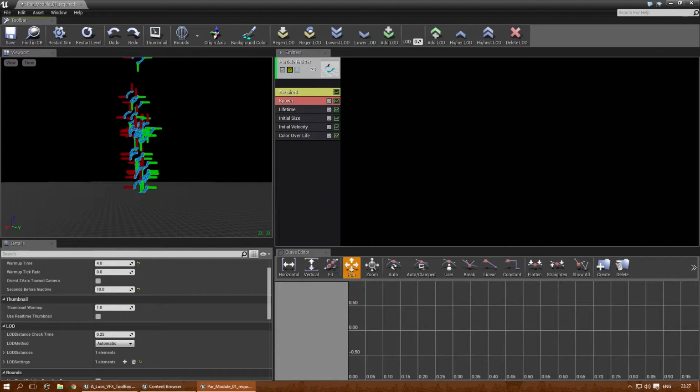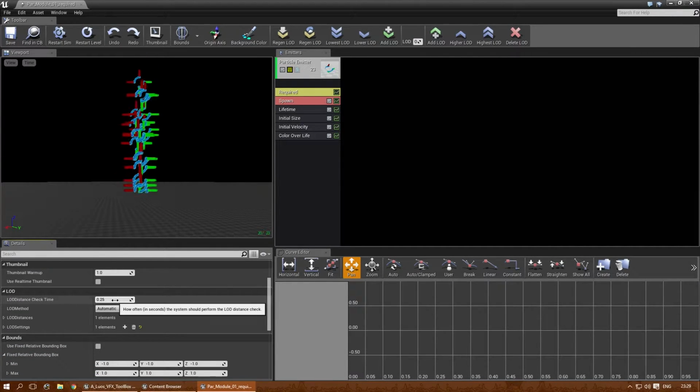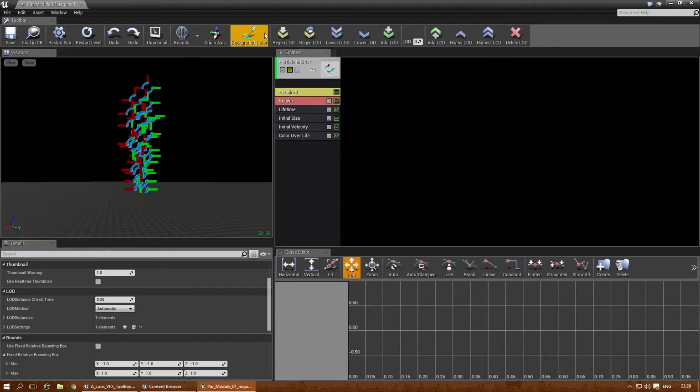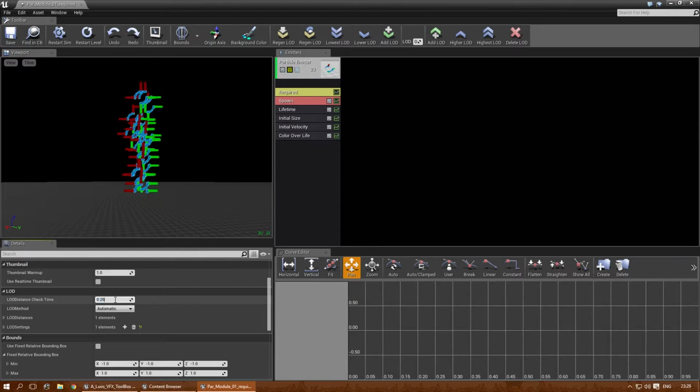Okay, what's next? Moving down. LOD distance check time: basically how much time it takes before it checks if it needs another additional LOD. You can set the LODs here, which is something I'll explain much later. But normally it's 4 times every second. In most cases you can increase that a little bit to gain a little bit of performance, because it does need that